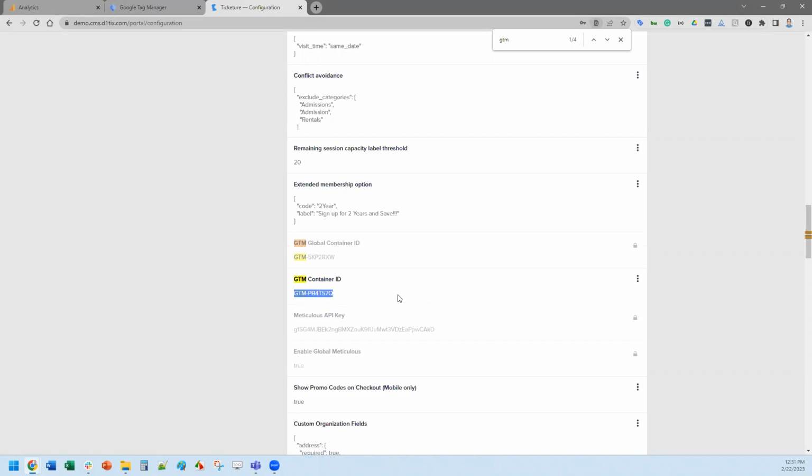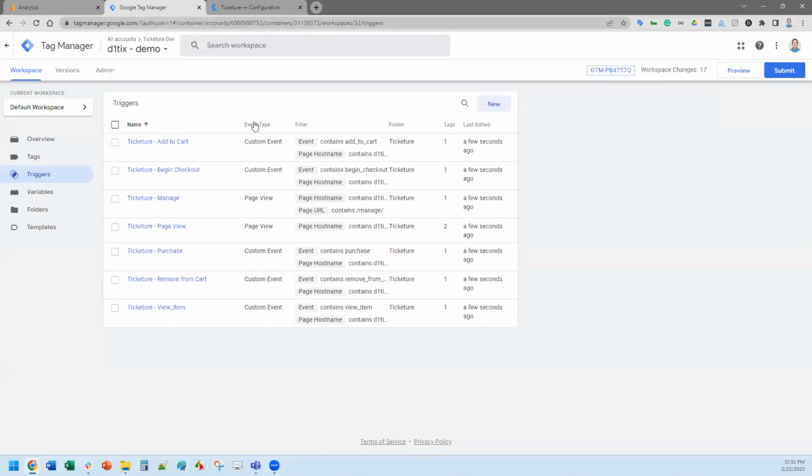You put that GTM container ID inside, just a text field, and that then tells Ticketure to start sending those out. You'll have the global one. That's the one that we're using, firing off the same events as well so we can track these types of items. But you set that value, and that then starts sending the GA4 formatted items. If you're using UA and you put this value in there, you'll get all the actions, but you won't get the purchase. The purchase format changed from V3 to V4. So there'll be a $0 on the purchase side. But that is it.